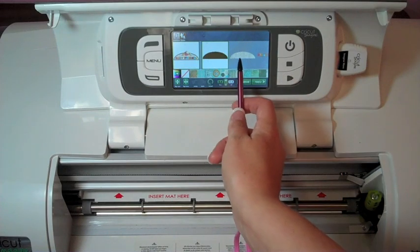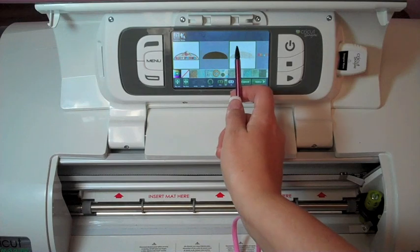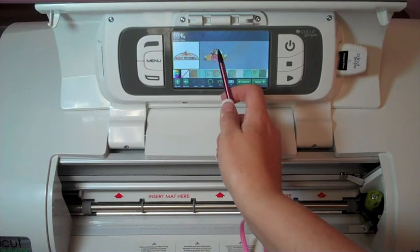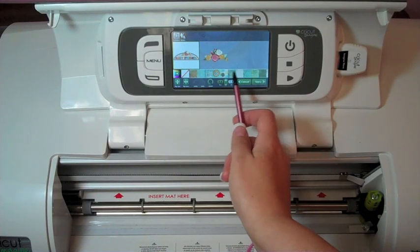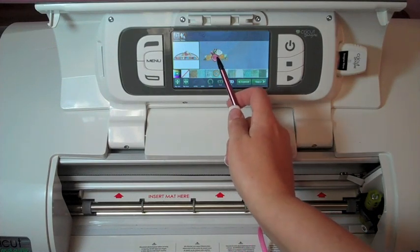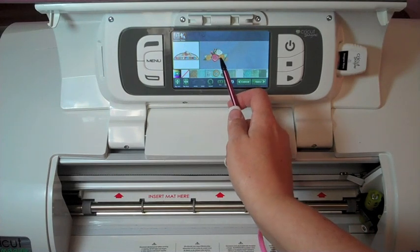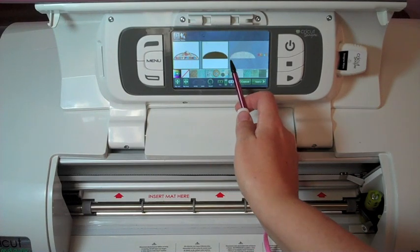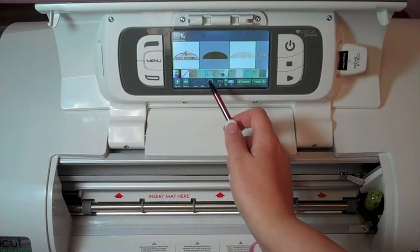You can change the colors if you want to on certain aspects of it, but some of the colors you won't be able to change. For example, like the flowers right here, if you change them with a color or a pattern, it's going to change the whole entire image. It's going to flood fill the whole thing, so go ahead and keep it with the flowers, but you can change multiple parts of the layers here, but I'm going to keep them the same,